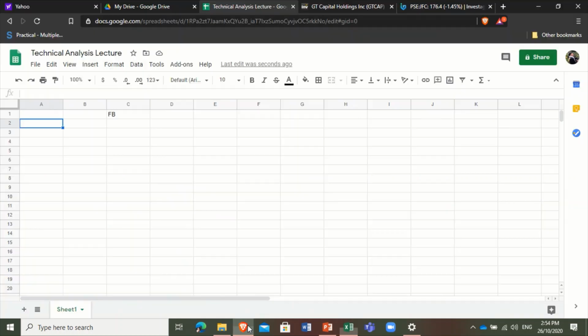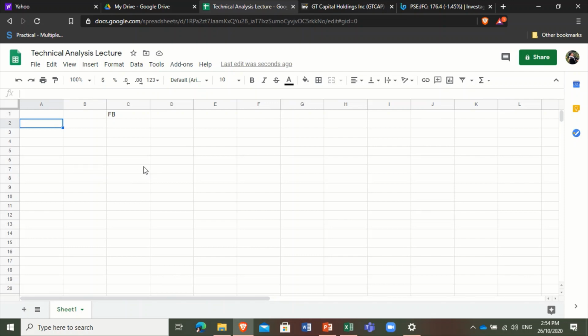With Google Sheets, the one that I'm using right now, if you're subscribed to Google, you have a Gmail account, you can also use other applications na ino-offer ni Google. So one of them is the Google Sheets. So without importing the data, you could already create a candle sheet as it is, no?